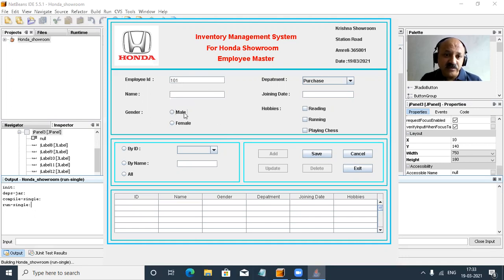So the cursor goes directly to male, and then I press the tab key. When we select female, then I press the tab key. So you can look here: male or female, we can take both in the combo box. I set only male, but also female if the user wants, because that is an optional button.